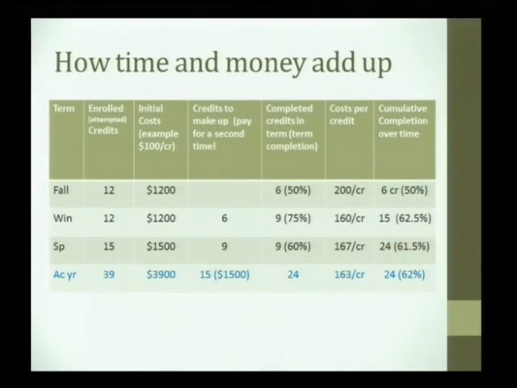So the student signs up for 12 more credits, $1,200 more dollars. They have to make up those 6 credits. No matter what they are, they're going to have to make them up. Even if they're not degree requirements, there's 6 credits that they didn't earn, so those will need to be made up. In this term, they're completing 9 of the 12 credits, which is a 75% completion rate. So they're going to meet academic progress standards. We're just assuming it's above a 2.0. But still, with these 9 credits, they're paying for this term $160 per credit instead of the $100 per credit, which is still pretty expensive.